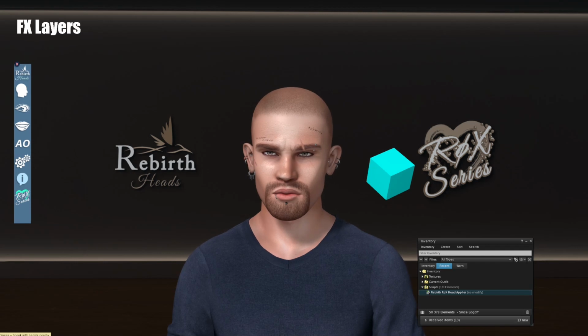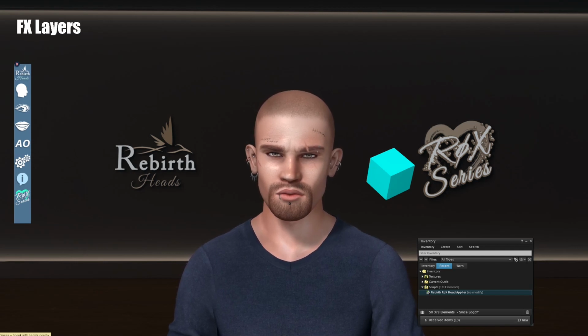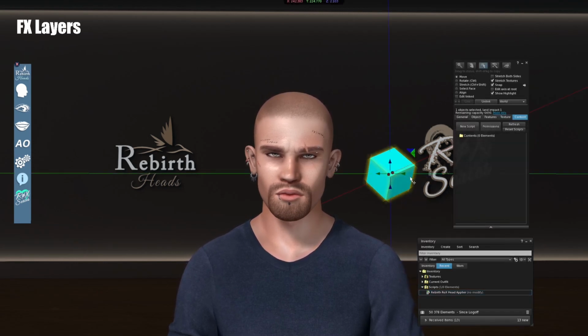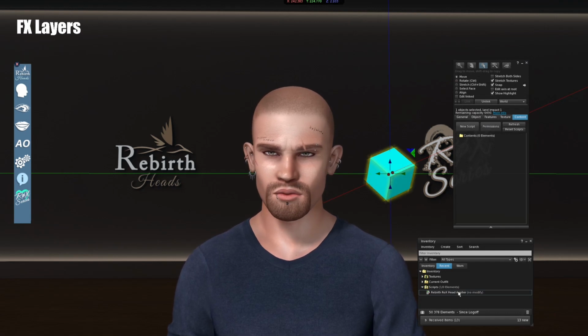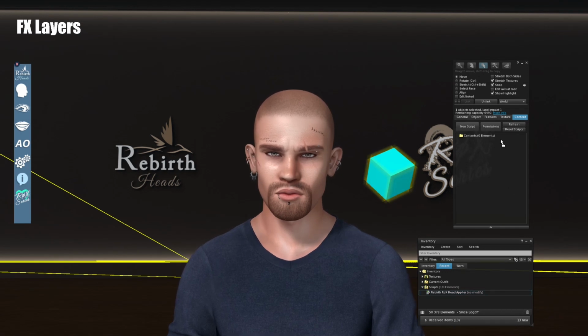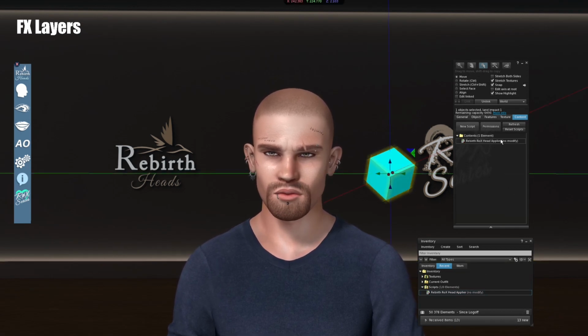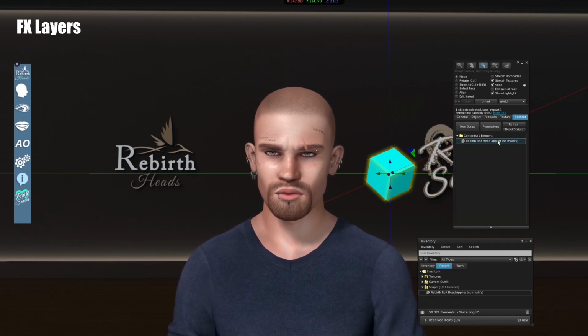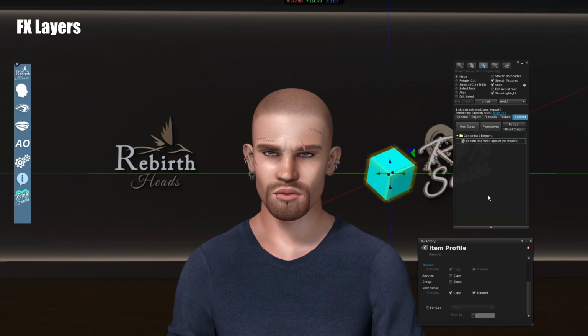Back to Second Life to finalize the applier and simulate a HUD using a SL Prim that I just rezzed and in which I just put the universal script of the applier called Rebirth Head Applier, available on the marketplace or in world. Then, we set the script's rights so that the next owner is copy or transfer mode but not both at the same time. 90% of the time, as a designer you will choose the copy option only.